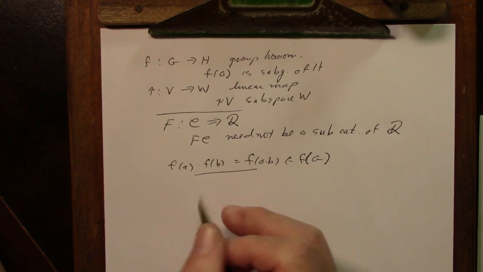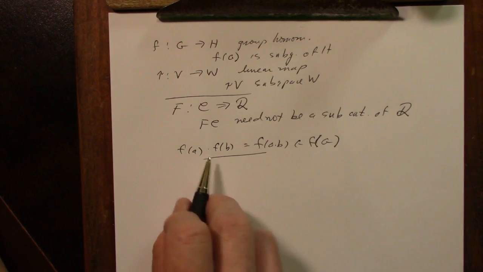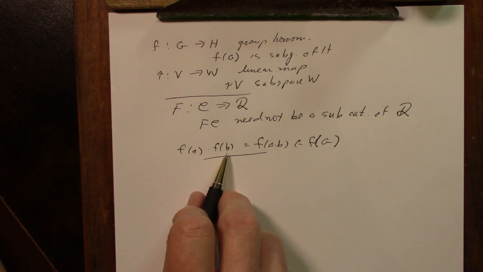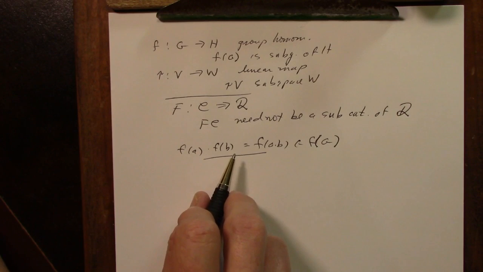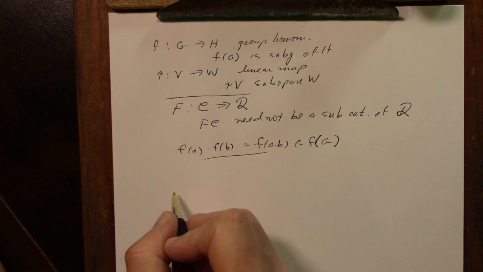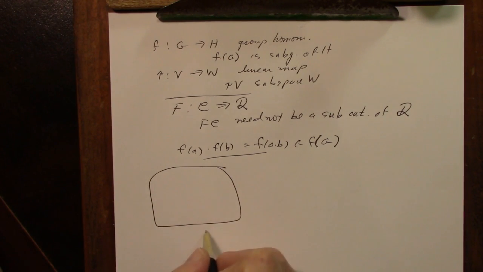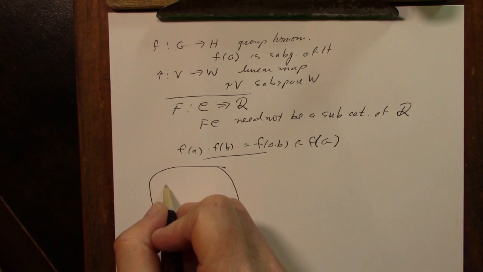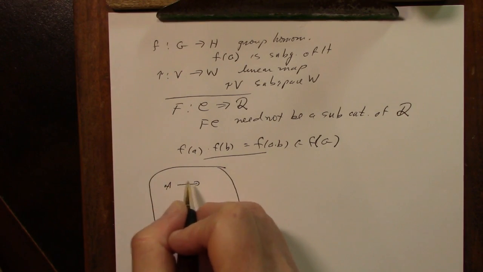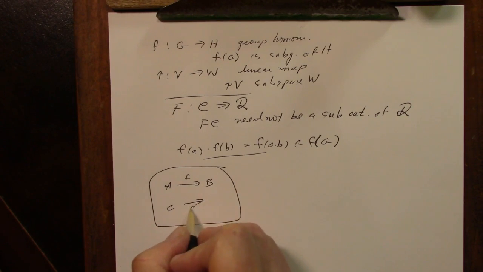But something can happen with categories because the role of product is played by composition, and not every pair of morphisms is compatible with composition. So for example, here's our category C, and we have A here, and a morphism f from A to B, and another morphism g from C to D,